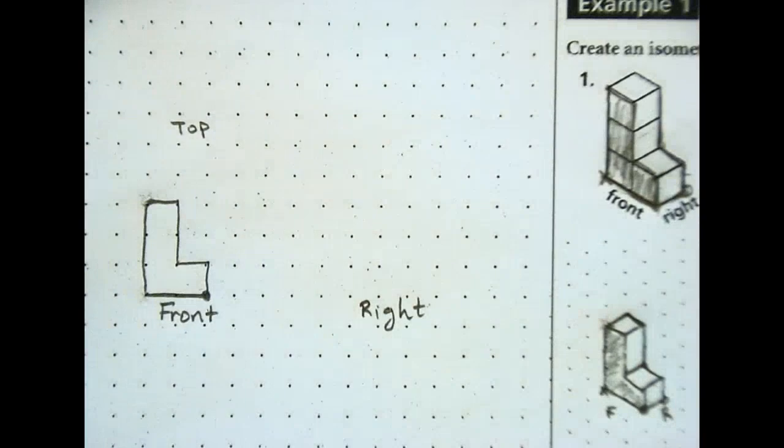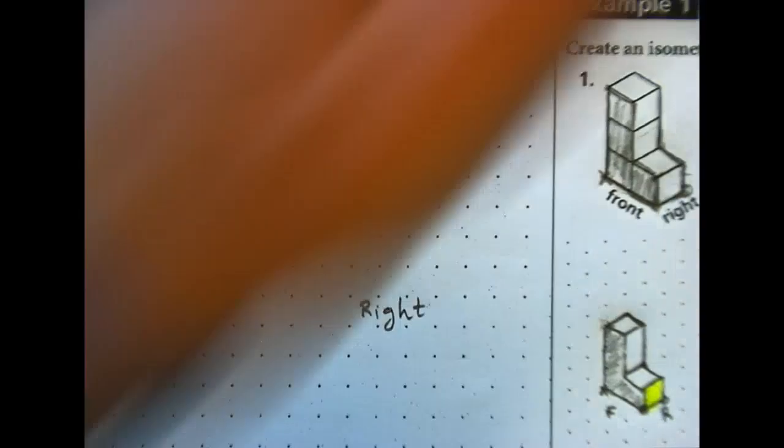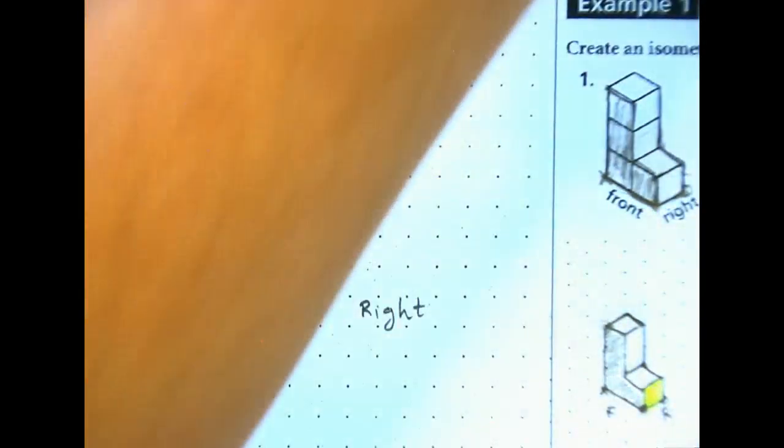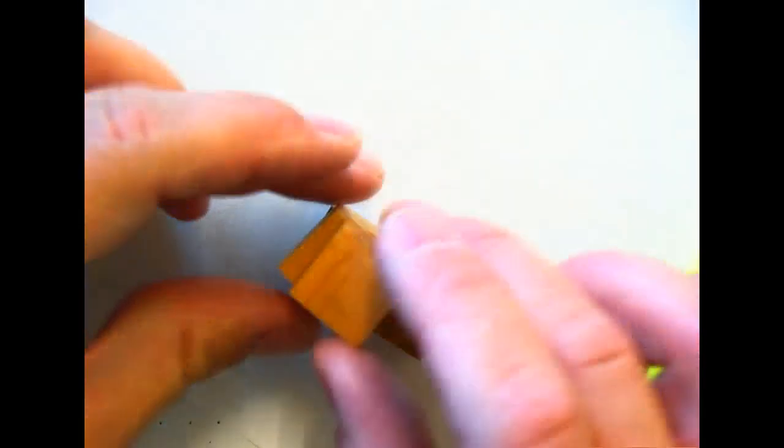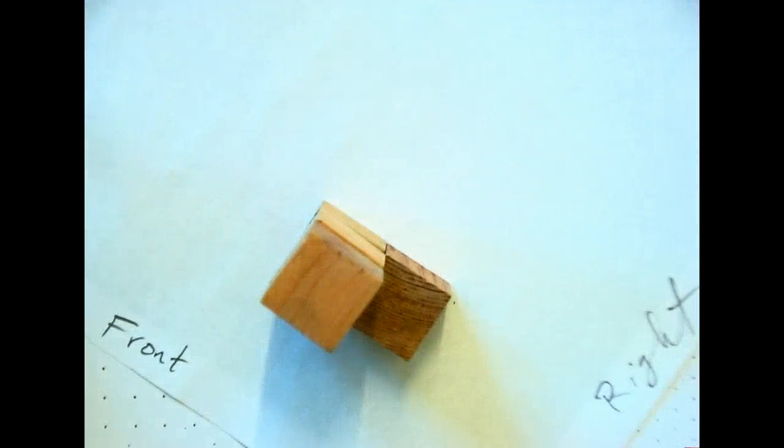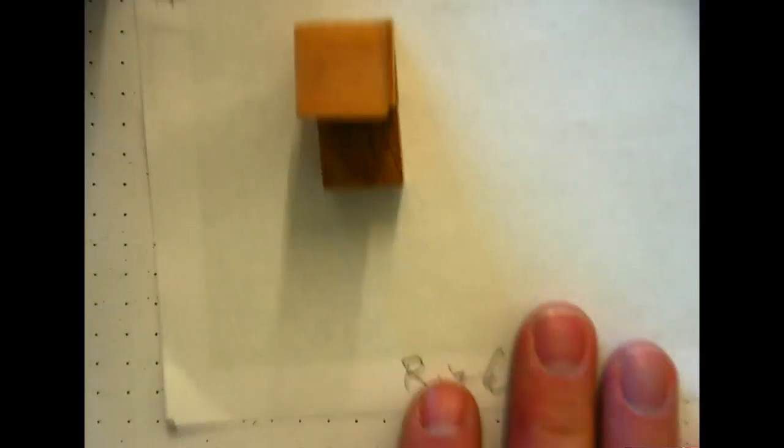On your right hand side, notice my right side, if I look at it, I would see this. If I was standing in front of this shape, this is, by the way, where this piece comes into play. If you have your little shape, you would be able to turn your shape and look at it from the right hand side. Okay, so once again, I will try to do this without showing everyone in class. There. Okay, so there